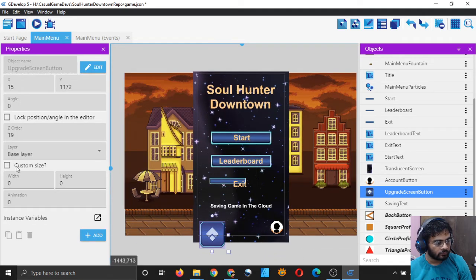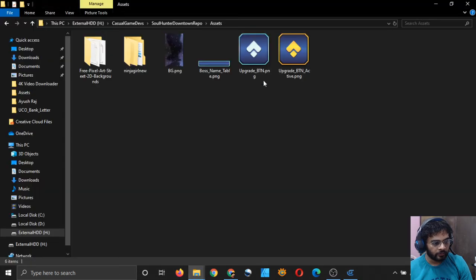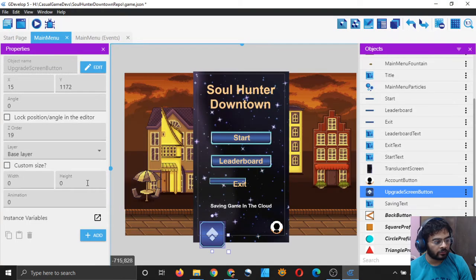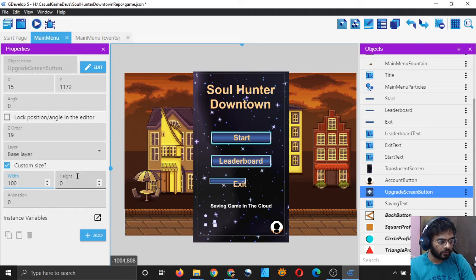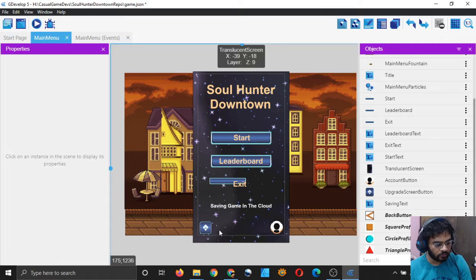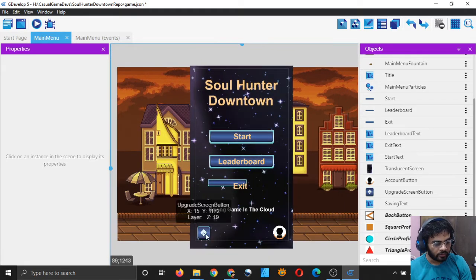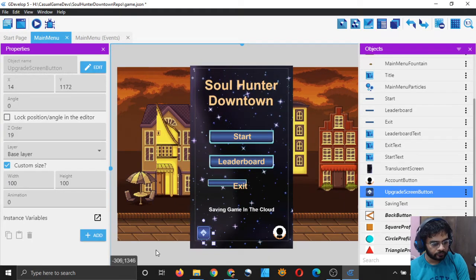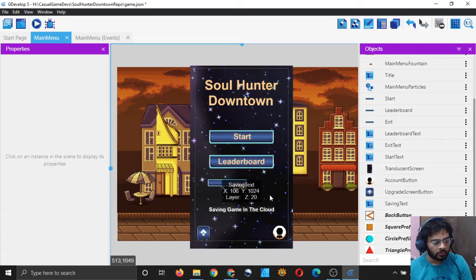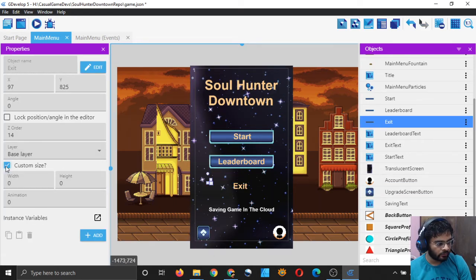So just look at the aspect ratio of it here. It is 210 cross 210, so it is a square image. So choose custom size and type 100 cross 100 and see if that is good for you. So that looks very good to me. 100 cross 100, not bad, right? So that's here. Oh, how did this get changed?